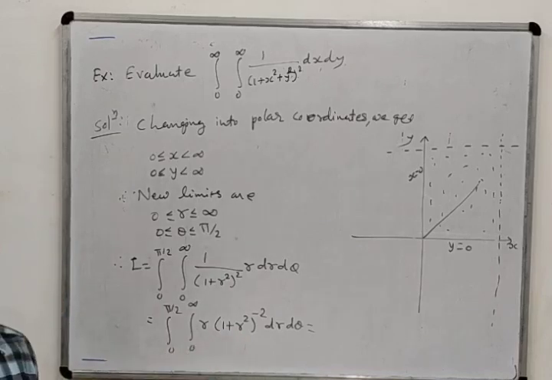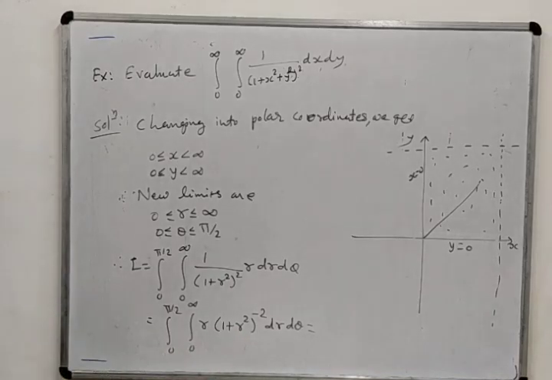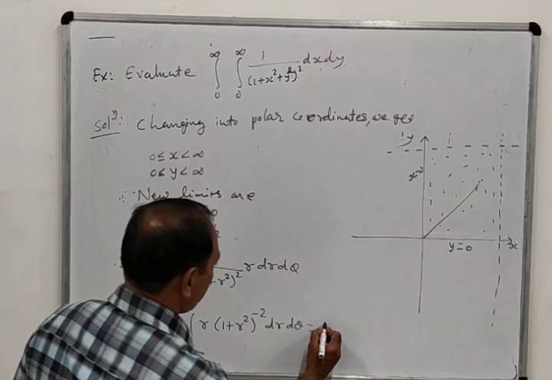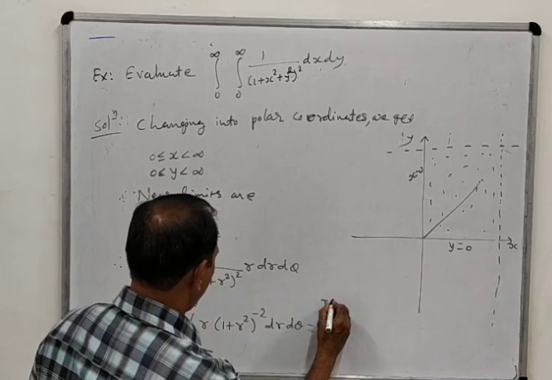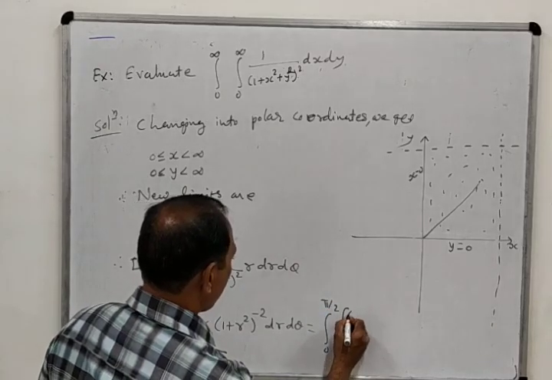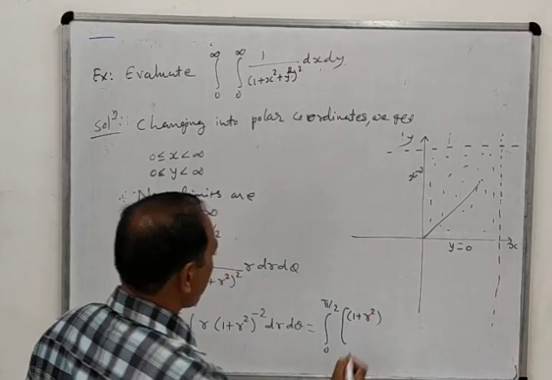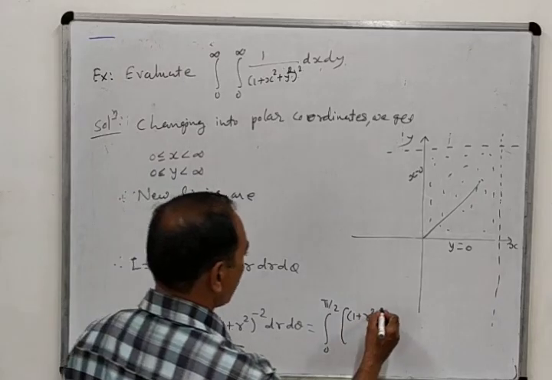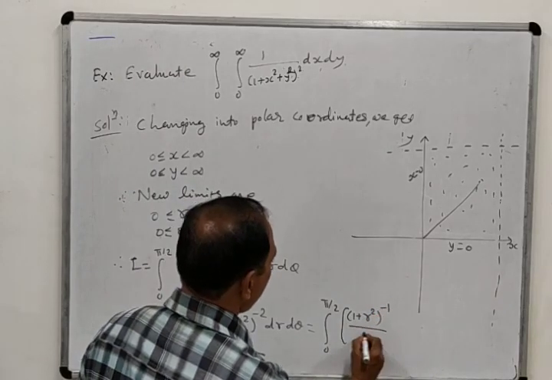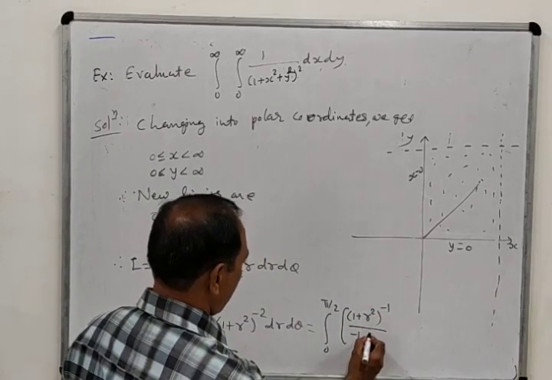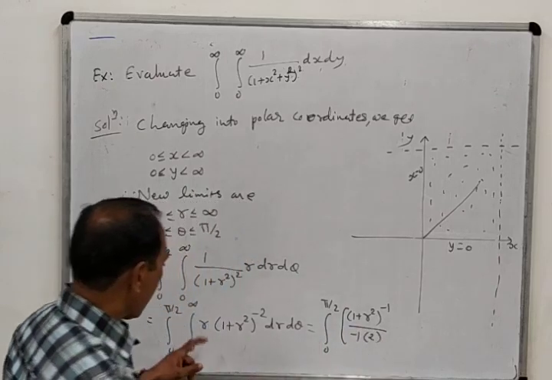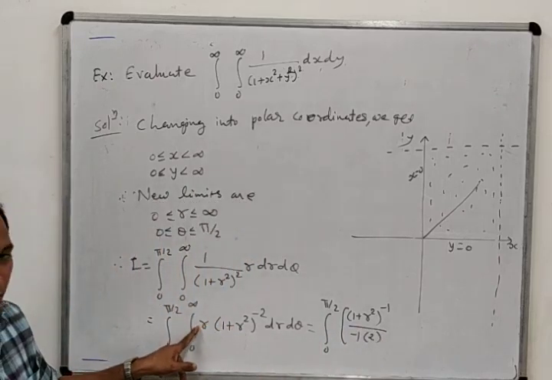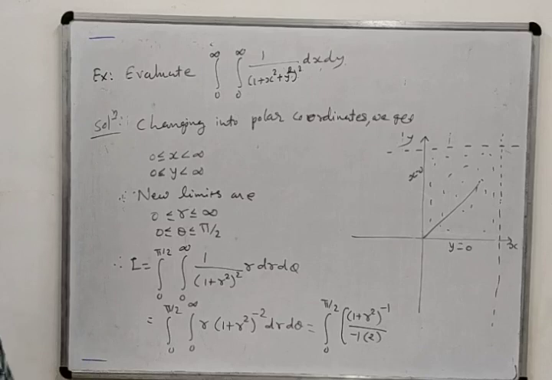2 is not there, but the constants we can settle it. Okay? So this can be integrated as 0 to pi by 2, 1 plus r square whole raised to n plus 1. The formula is what? 1 plus r square whole raised to n plus 1, that means minus 2 plus 1 divided by n plus 1, minus 2 plus 1, and divided by 2, because 2r is the derivative of this one and 2 is not there, so we are dividing this by 2.